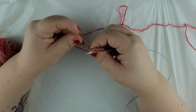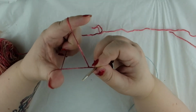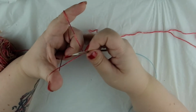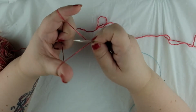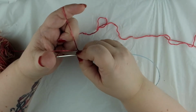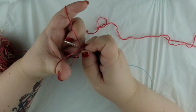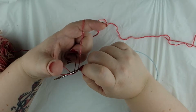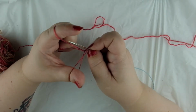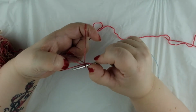So we're going to start it the same way. We're just going to have our little twist start, or you could do a slip knot if you prefer. And you also, same thing, have your one strand of yarn over your thumb, the other over your index finger. But instead of just going in and hooking here, we're going to go underneath both strands, in through the loop, over the thumb, then we're going to grab it, and then what we're going to do is just flex your thumb down and pop